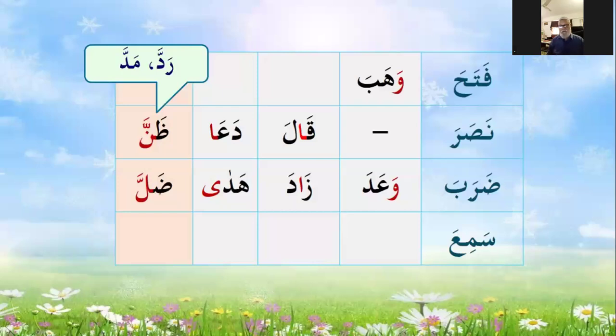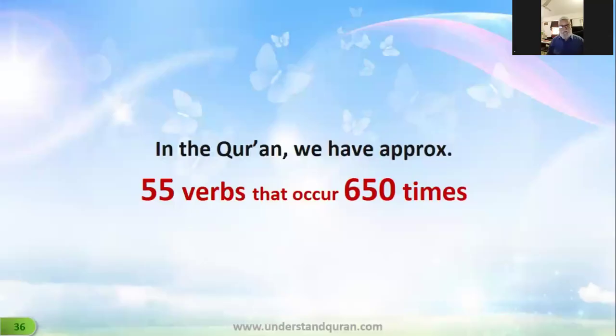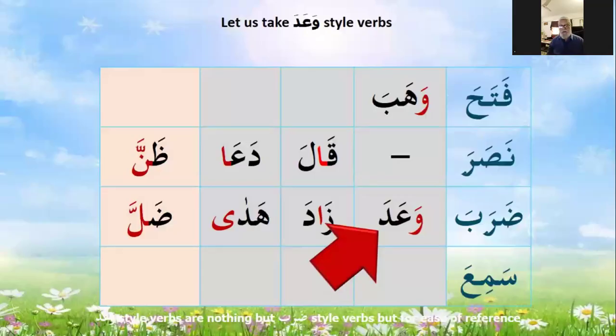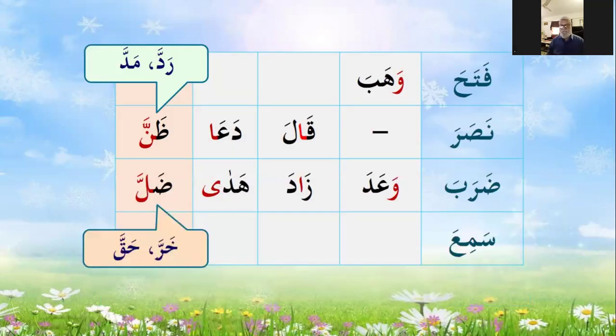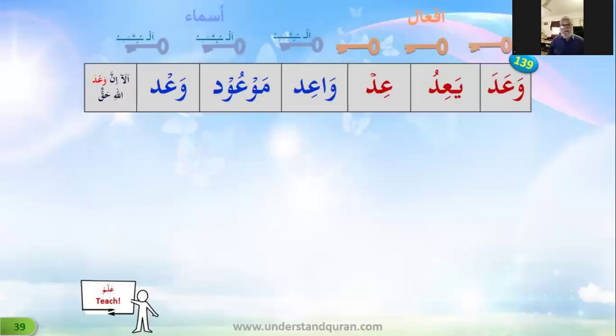So from the Zanna, we will learn Radda and Madda. In the Quran, we have approximately 55 words coming 650 times. So the next one is Wa'ada. From the Wa'ada, we have wa'ada, ya'idu, id, wa'idun, mau'udun, wa'dun. Waw ain dal is the root letter. Bab is Daraba. And the reference is